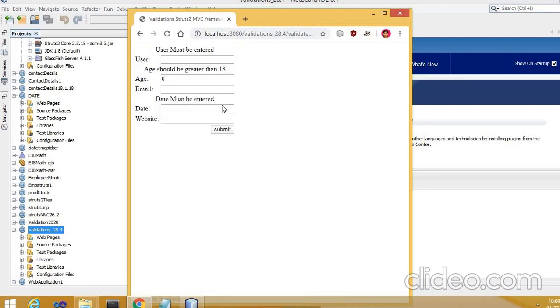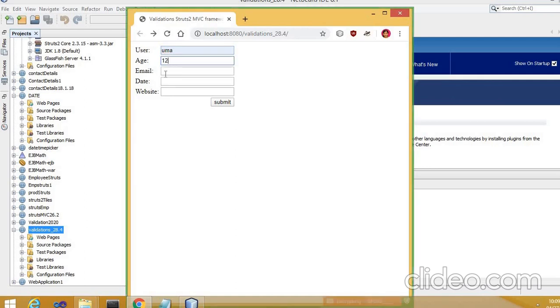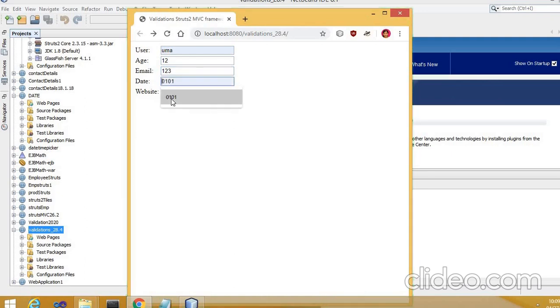When I click on submit, see, it is giving user must be entered. I cannot keep it blank. Age value should be greater than 18. By default it is checking 0. Date must be entered. So let's put some of the values, like if I am giving 12 as age, or instead of this 123, date I will give something like this. Website I am giving like this.